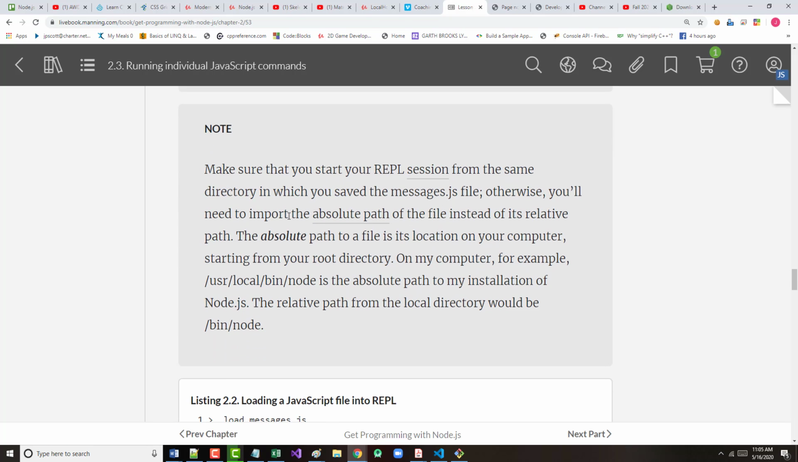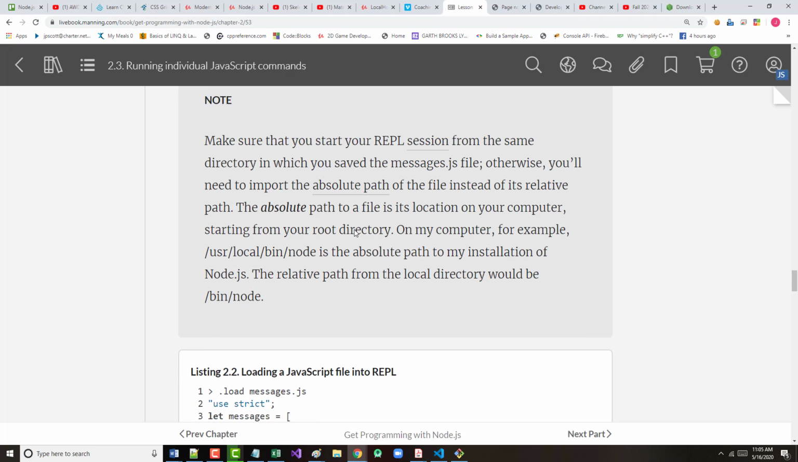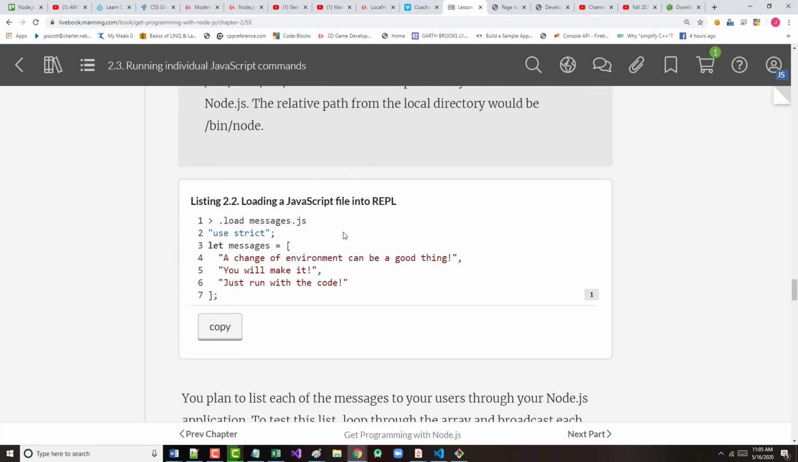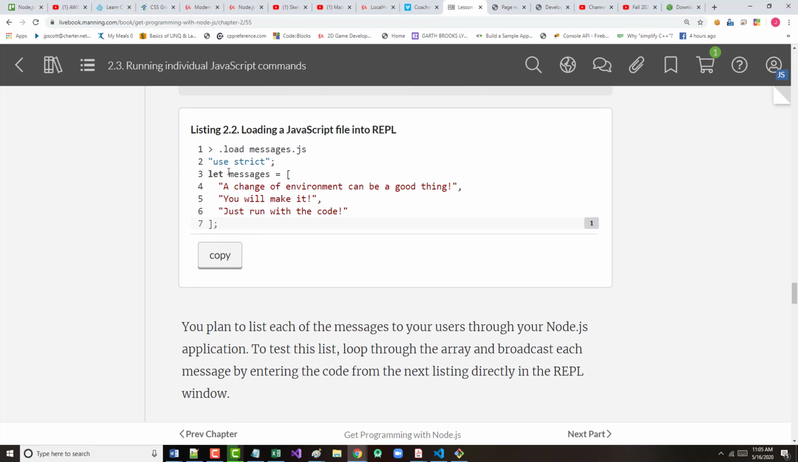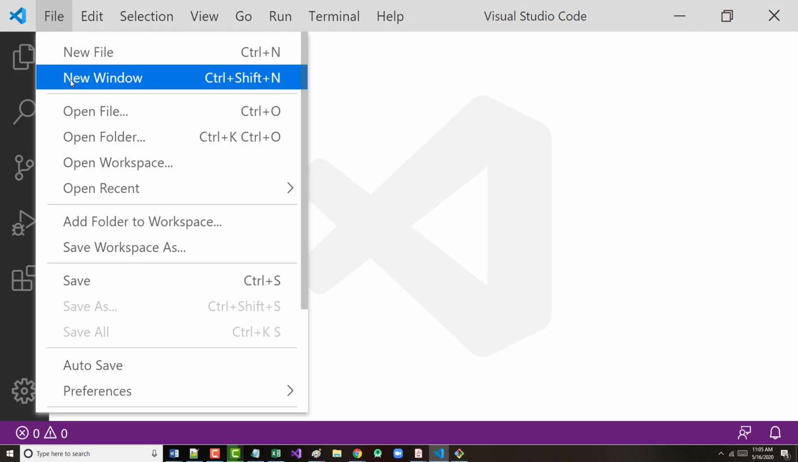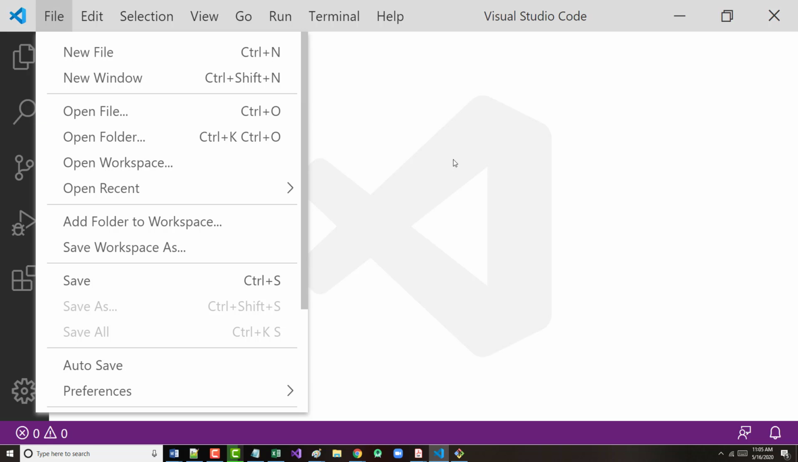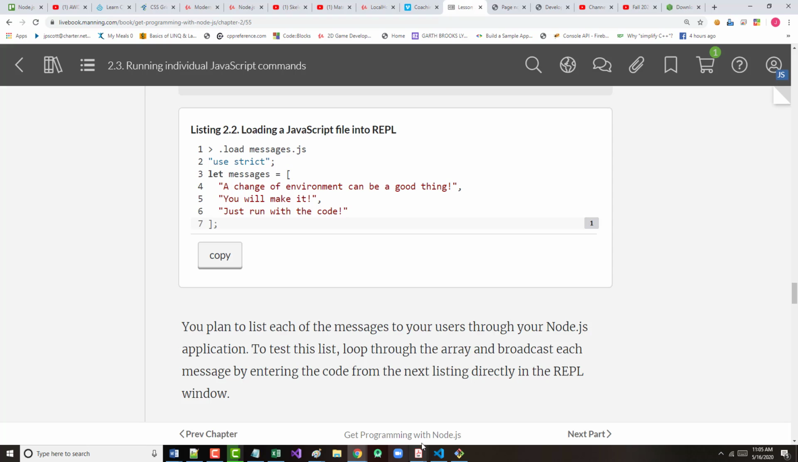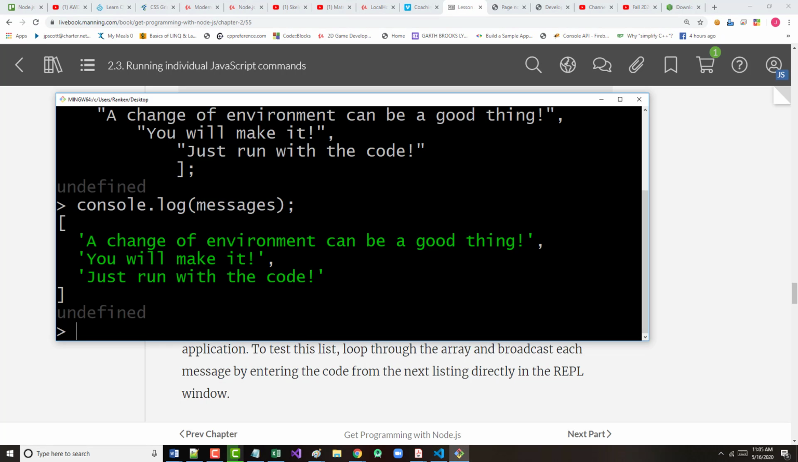Make sure you start REPL from the same directory. Talked about this before. Alright. So that's what they wanted us to do. Oh, we should have had use strict at the beginning. My error for forgetting that. So let's do a file. In fact, let's see. I think we can do this. Let's try it. Let's try something else here. Let's try .editor